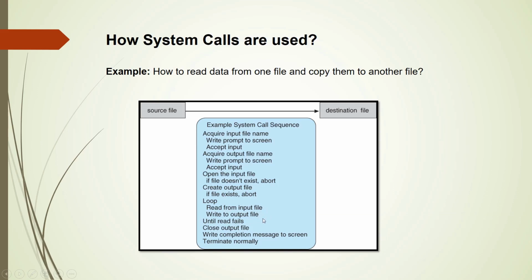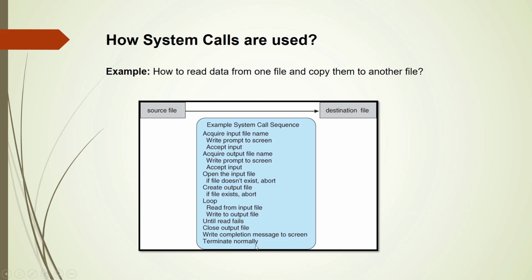Now when the writing is complete, a system call will be there to close the output file, and after that a write completion message will be sent to the screen, which is again the monitor. So one more system call, and finally it will terminate normally.